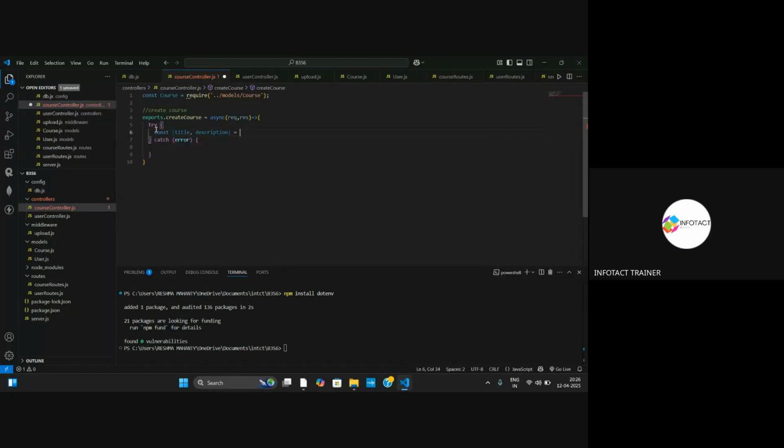So how is the user going to provide it to me? The user will provide it using Postman, right? And where is the user going to tell me about the values of these variables? In the body. So what we will do, we will write request dot body, isn't it? And the second thing is,